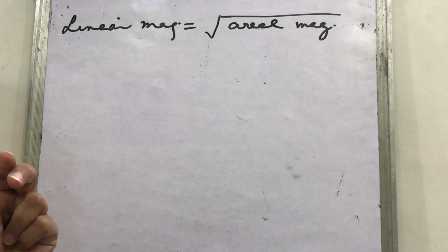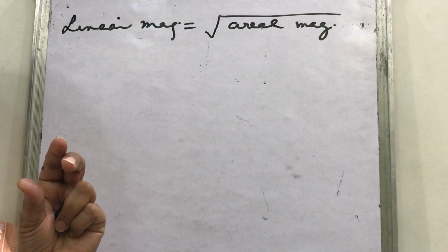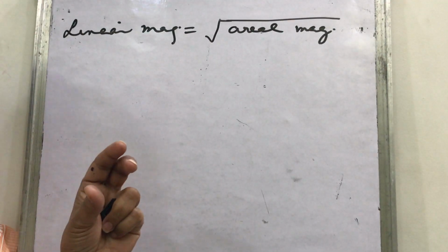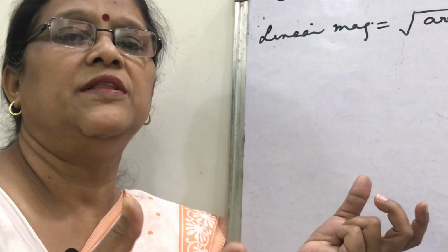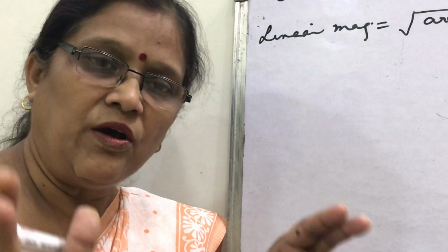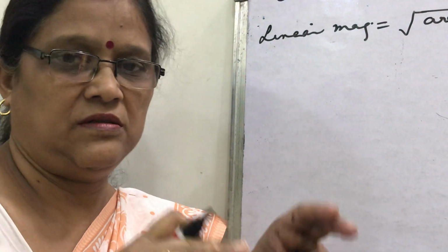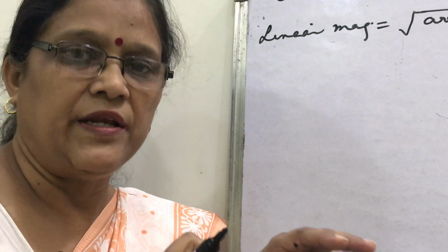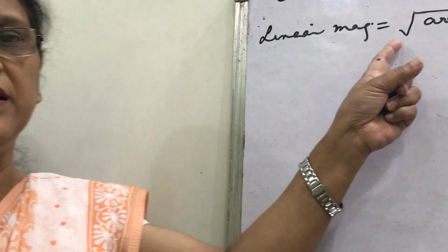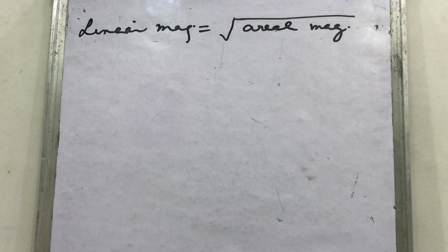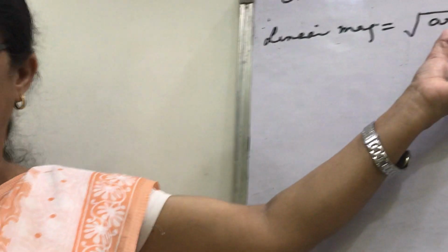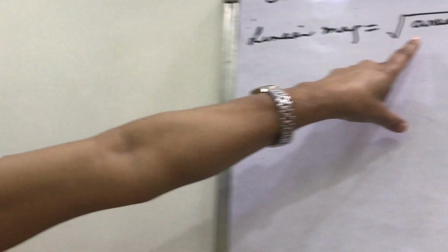Suppose some picture is given and it is exposed by the lens and its image is formed, then the image area and the picture's area. So, this type of question is also given in the books and it is asked. So, area of image upon area of object, that is areal magnification, and the square root of that is linear magnification. One question is asked that how will you find the areal magnification in case image and object are given, and one question is given, I am reading the question: age of the universe is about 10 to the power 10 years.